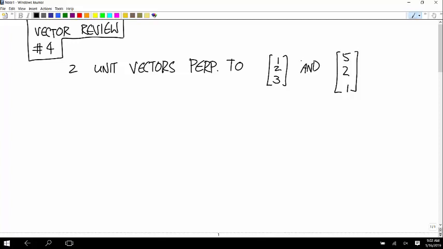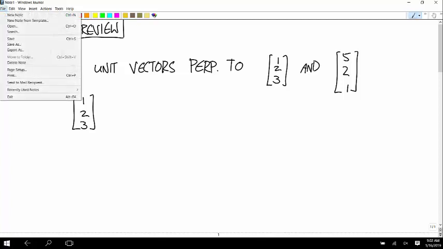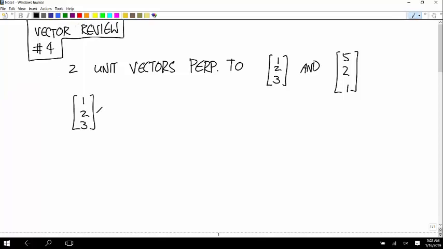And so to find two vectors perpendicular to those, you can use the cross product. The cross product always gives you a vector that's perpendicular to the two input vectors. So 1, 2, 3 crossed with 5, 2, 1